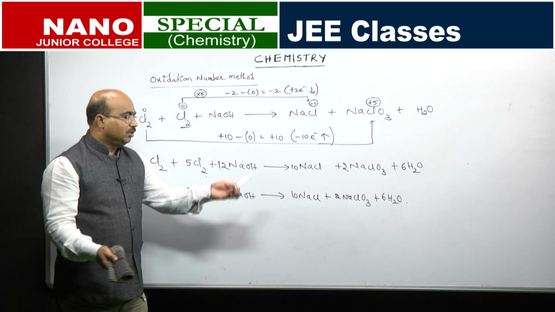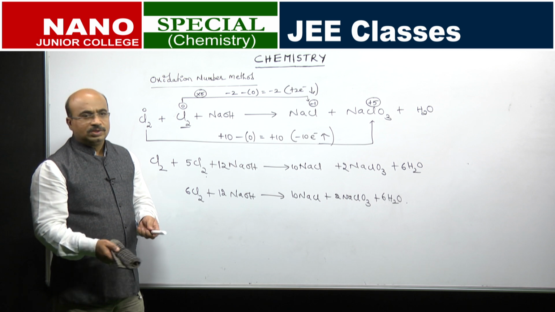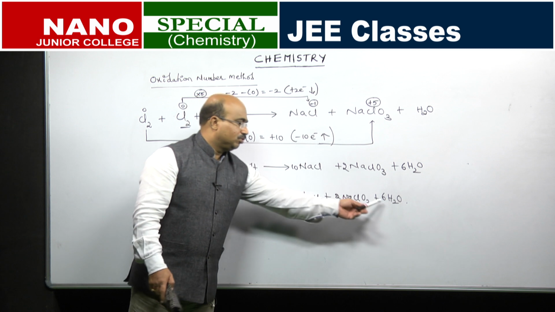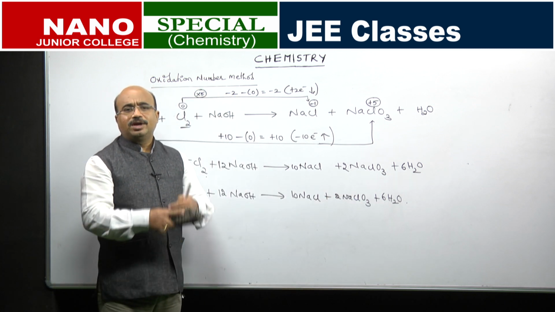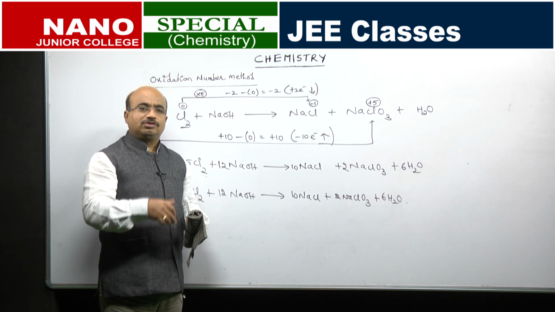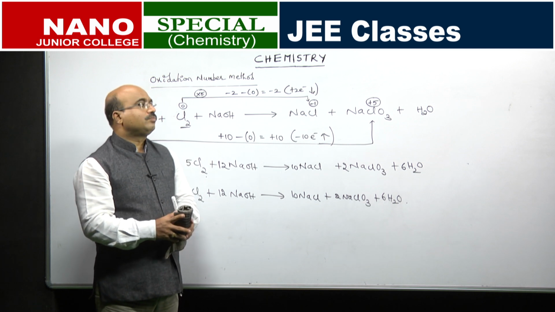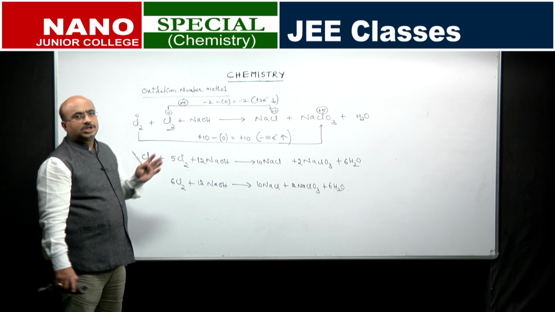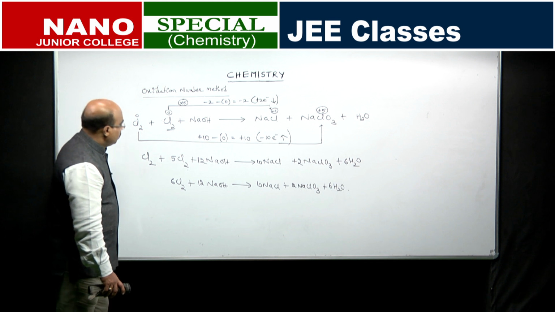What is the common number? All these numbers are divisible by 2. So, you can divide this with 2, this with 2, this with 2, this with 2, this with 2. So, you will get the complete balanced equation in the simplified coefficients. Where you can do it, you can just proceed to that. Clear? So, this is another disproportionation type equation. Clear? Okay.